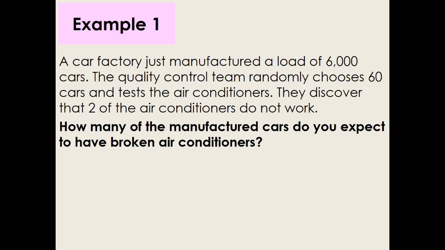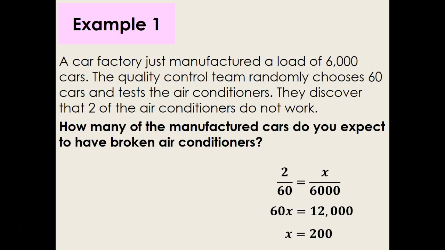We're going to basically say that 2 out of the 60 in the sample did not work. We're going to set that equal to some unknown number out of the population of 6,000. So you'll see here you've got your sample result out of the sample size is equal to the unknown population result out of the population size. Remember, to solve a proportion, you cross multiply. We use cross products, so we'd say 60 times x is equal to 2 times 6,000, or 60x equals 12,000, and then all you have to do is divide both sides by 60 to get 200 air conditioners would be